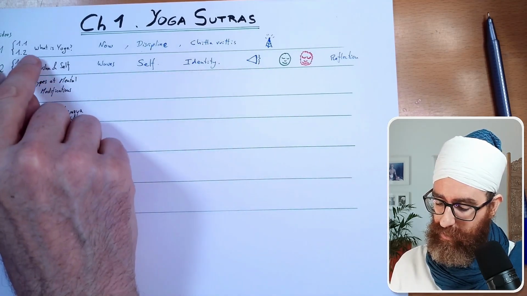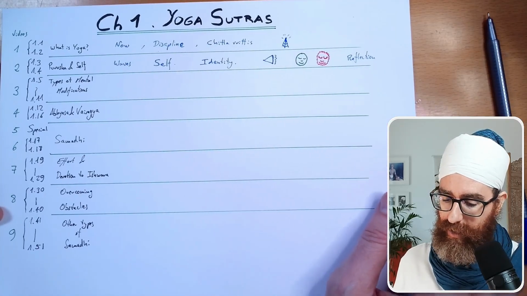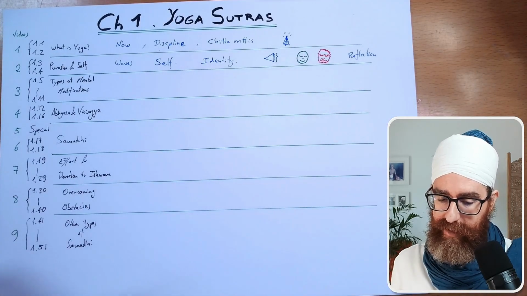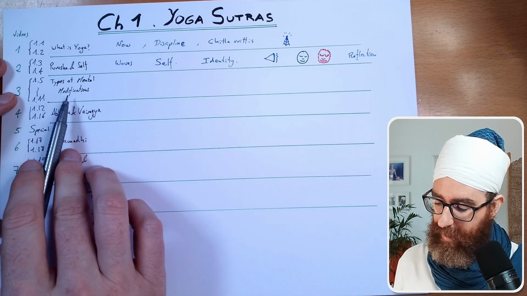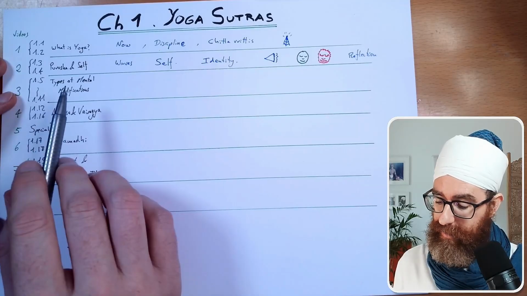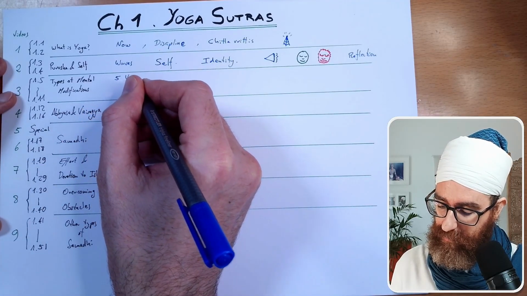So that was 1.1 to 1.4. It already contains a lot of the essence of the whole Yoga Sutras. And then Patanjali goes deeper. And the third video, I was like, okay, so if we need to count down these chitta vrittis, what are they? Well, we said there are five different kinds of vrittis.